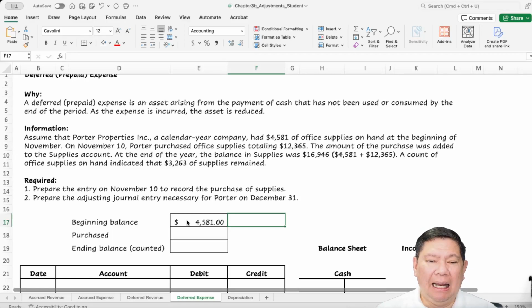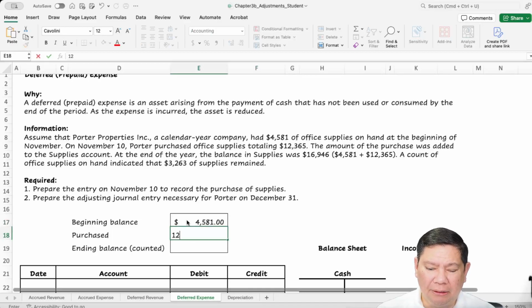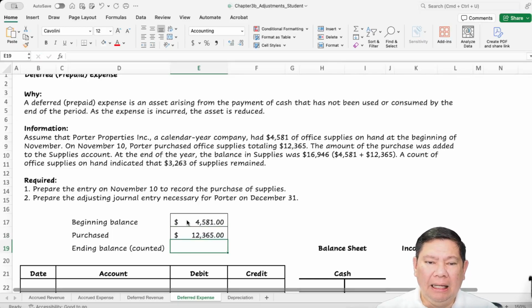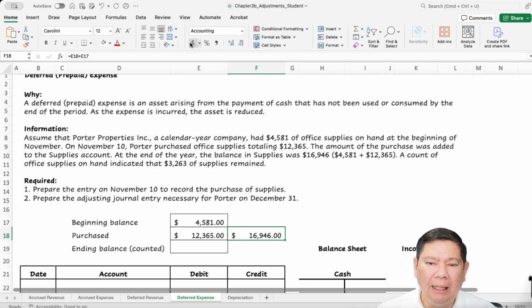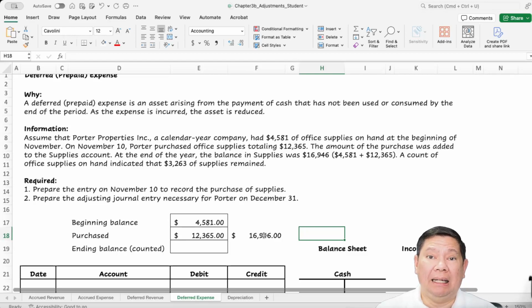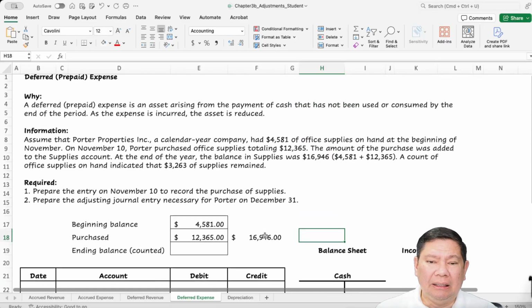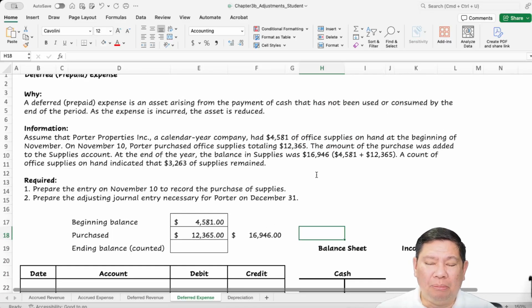On November 10, the company purchased office supplies for $12,365. The amount of the purchase was added to the supplies account. So if you add these two, your supplies account has a $16,946 balance. However, at the end of December, when they look at their actual physical supplies, the